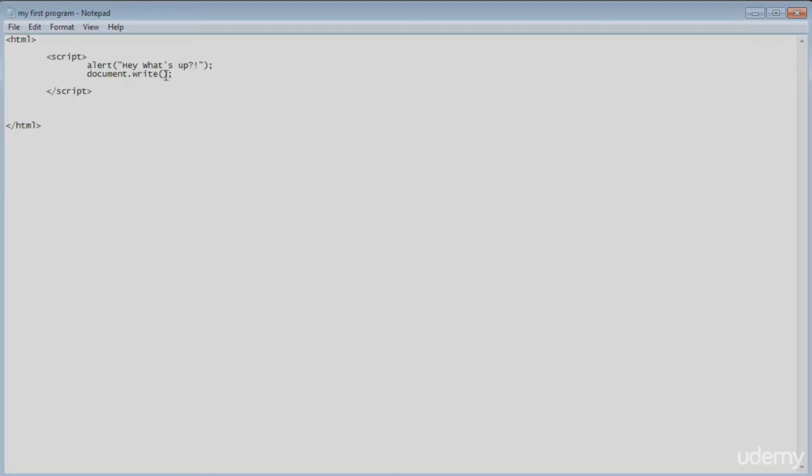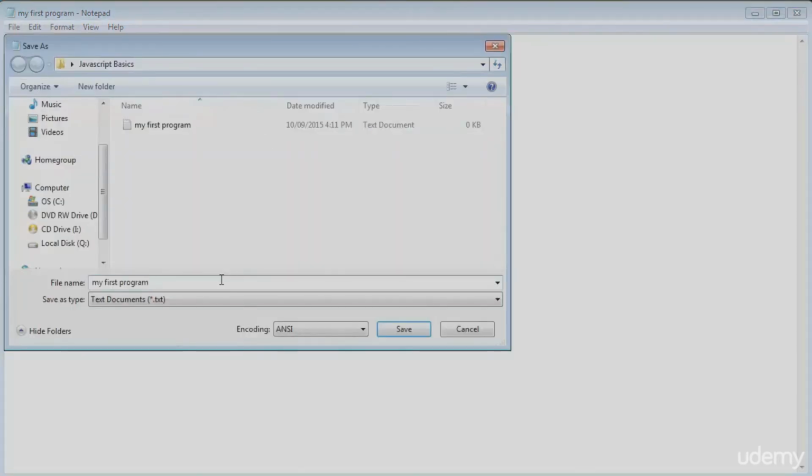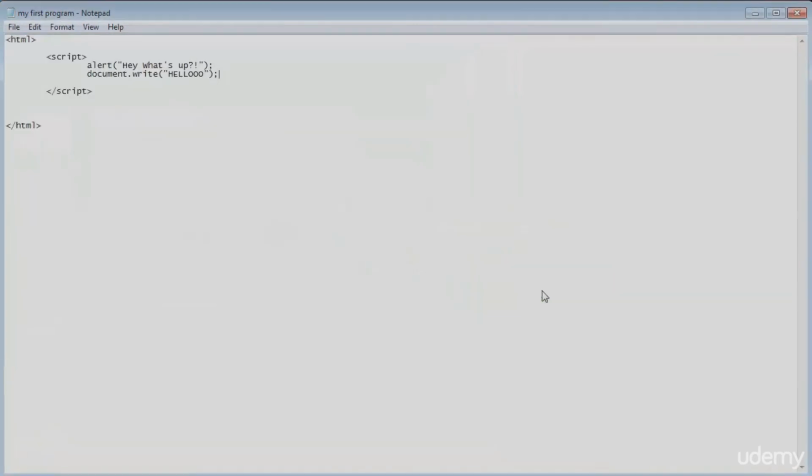So again, in these brackets here, we can enter in some quotations. And we want to make sure there's a semicolon after the end of this command. Don't worry about what the dot means right now. We're going to be covering this later. And if we save this again, and then open it up again,